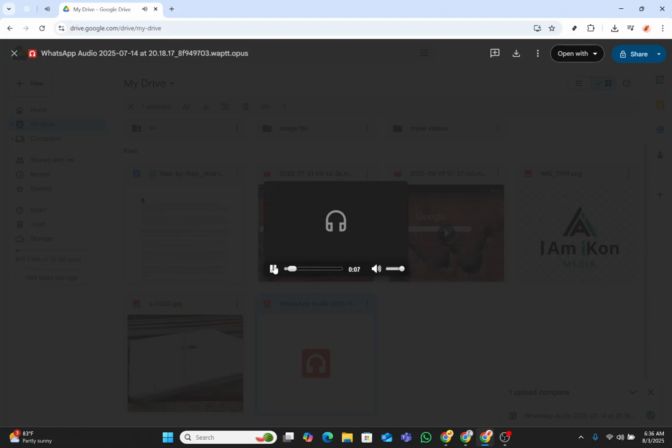Please note that not all audio file formats may be supported directly. However, popular formats like MP3 and WAV typically work without issue. And that's it. You now know how to easily play audio files stored in your Google Drive. It's a straightforward process that enhances how you interact with audio content stored in the cloud. Feel free to explore more of Google Drive's capabilities and tailor the experience to suit